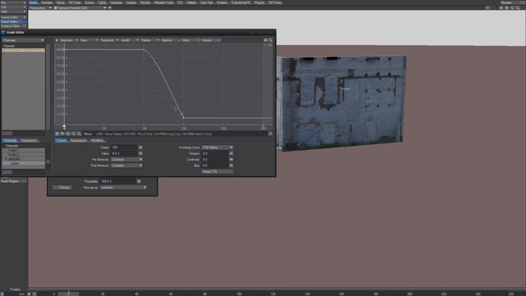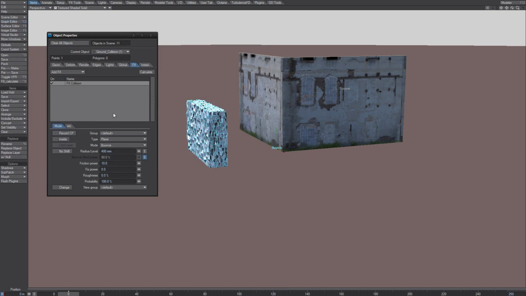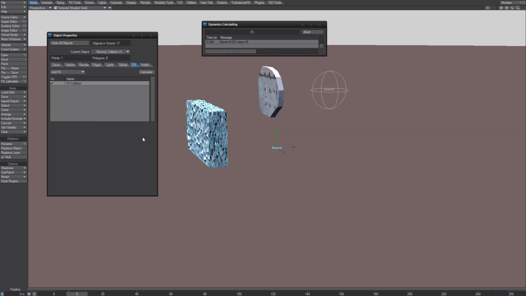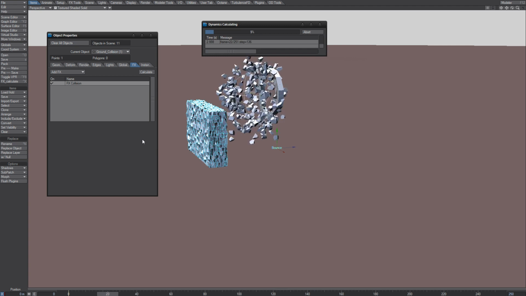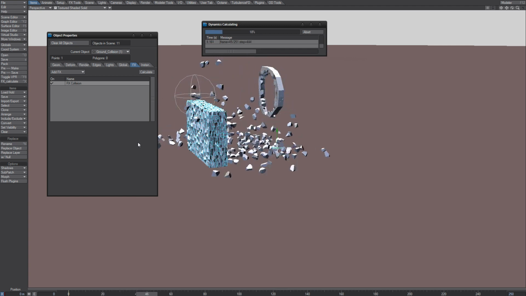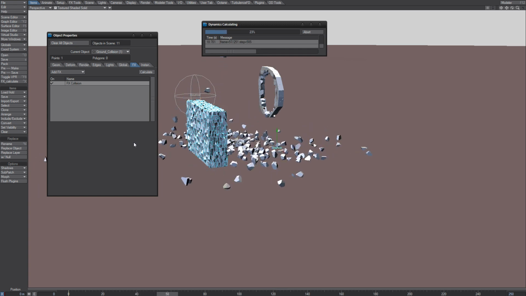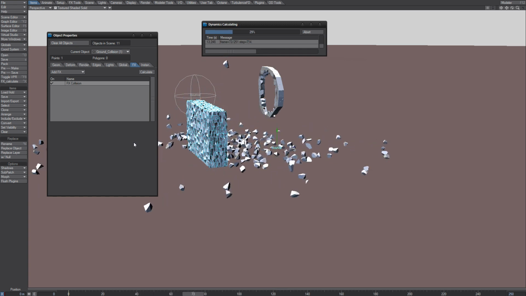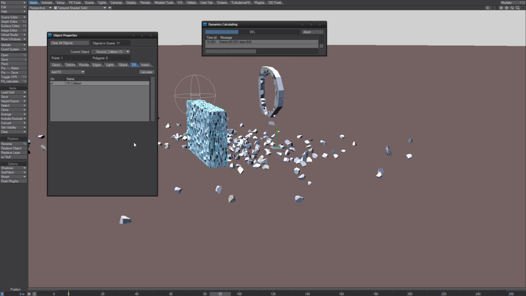Just be careful setting this to 0% because that might make the pieces fall upwards, anti-gravity in a way. So let's just calculate that, see if this works. So at frame 100 it should start to relax,